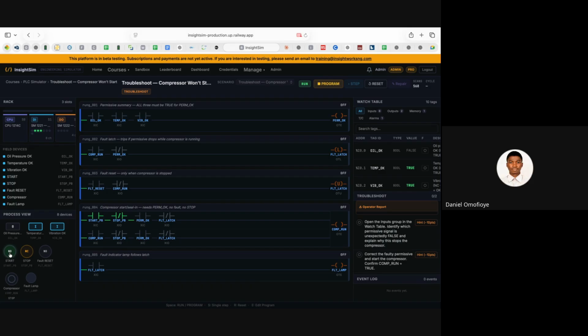Yes. Okay. So now let's troubleshoot this. This is the watch table. From the watch table, what do you think is wrong? Look at these indicators here, right? The oil pressure is 0. The temperature is 1, is on. The vibration is on. So meaning that for this compressor,